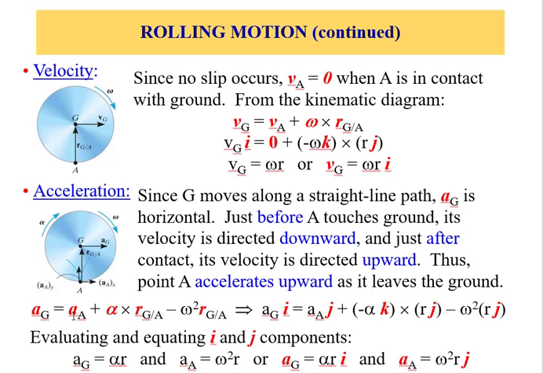Acceleration: Ag is equal to, using the relative velocity analysis, AA plus the acceleration cross G as seen by A, so this vector G with respect to A, where r G with respect to A is simply r j, and alpha, this is clockwise, so it's a negative alpha k,